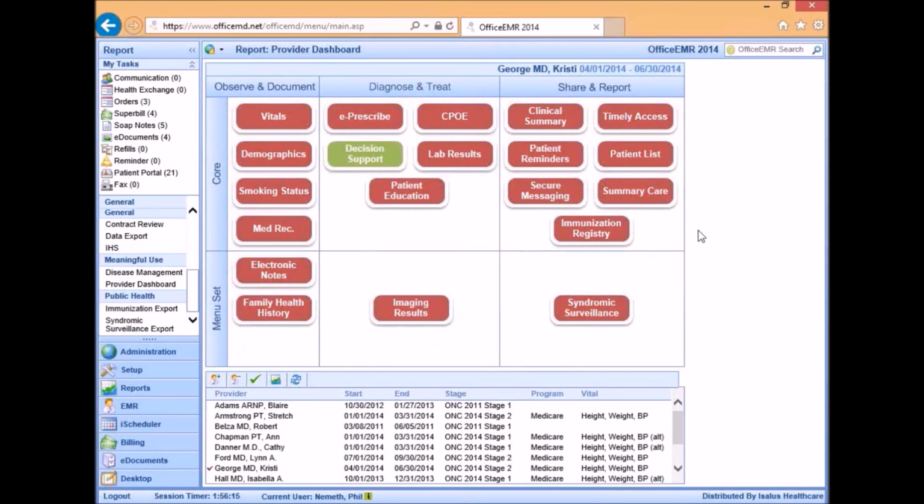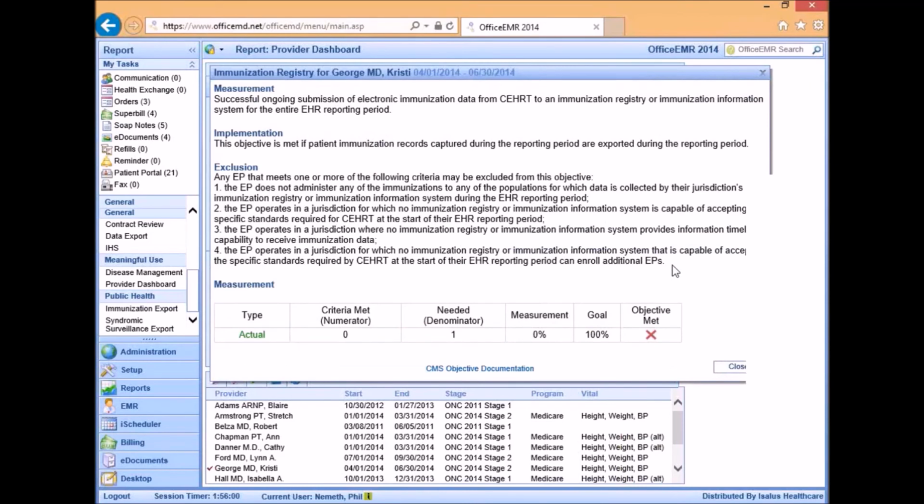Okay. And then last but not least there on the core objectives, actually it looks like we have a couple more there that we need to touch on. Actually, sorry, no, it is the last one there. So the Immunization Registry. What this objective is basically stating is it's the same exact one as it was for